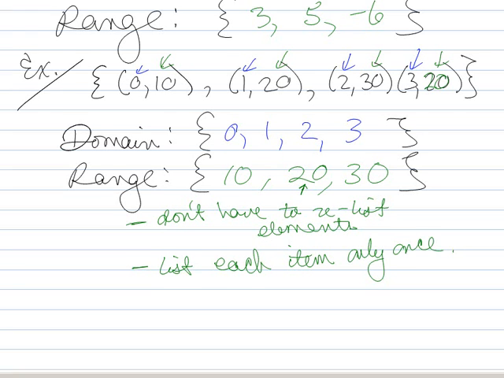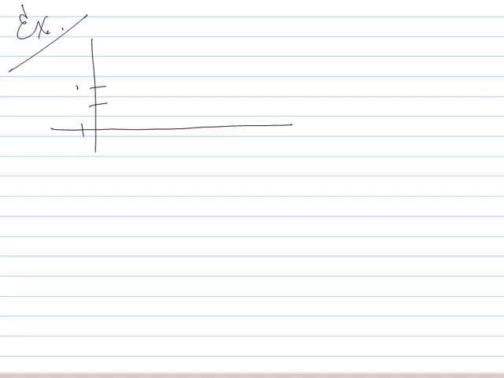Alright, so hopefully you're pretty comfortable doing that in terms of points. Now let's look at what it takes to actually do this in terms of graphs, okay? So say I've got a graph here, and I've got a point over here at (-1, 2), then 1, 2, 3, here at (3, 0),